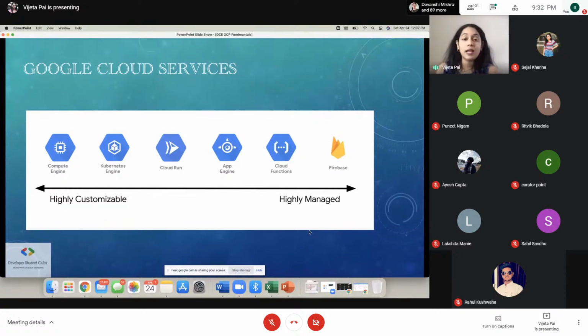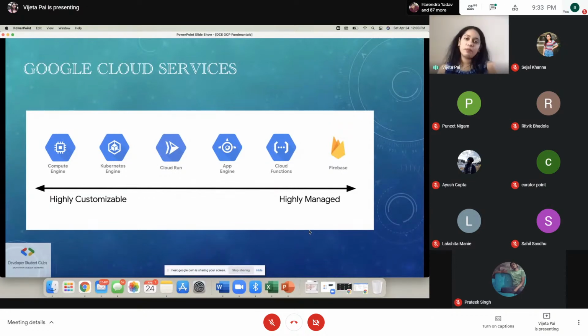And it is highly managed by Google Cloud, as in some of the infrastructure needs, the operating system, everything is managed by Google Cloud. So depending upon your requirement, as in if you're a big company and you have a big application, you can choose Kubernetes or Compute Engine, where you have an administrative team sitting, they can manage that.